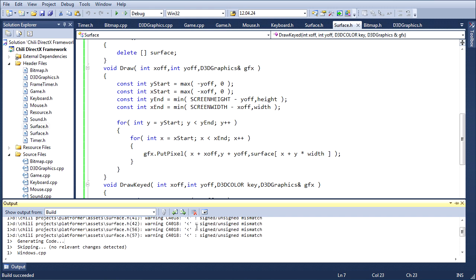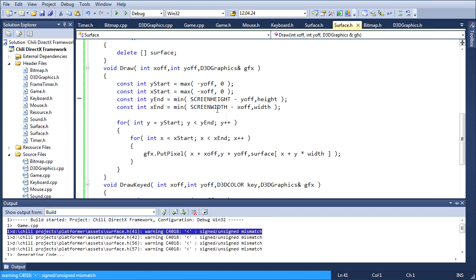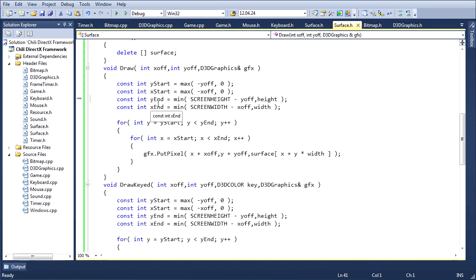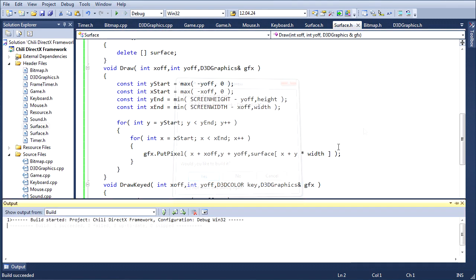Alright. Still doesn't work, does it? I don't know what the problem is. Probably this thing here is unsigned, and this one's signed. But you know what? I don't care. I can make that an int later on. I could cast it to an int right now, but I don't want to do it. I'm going to let my